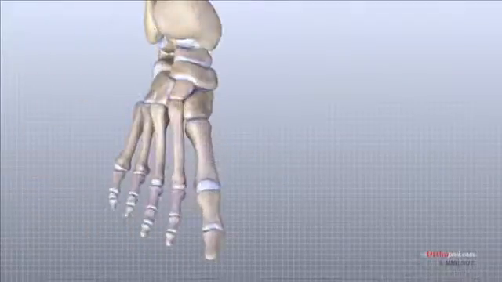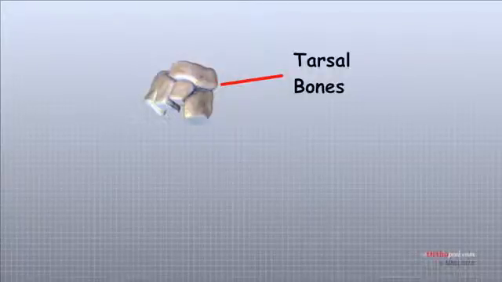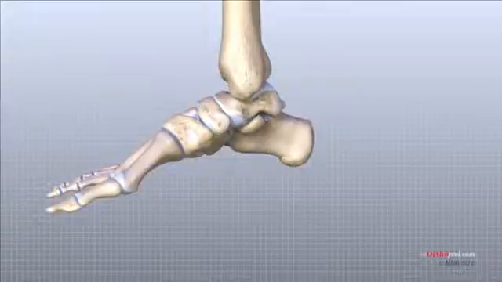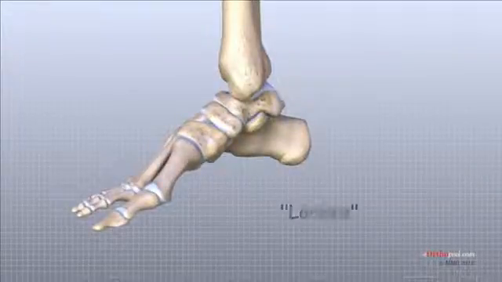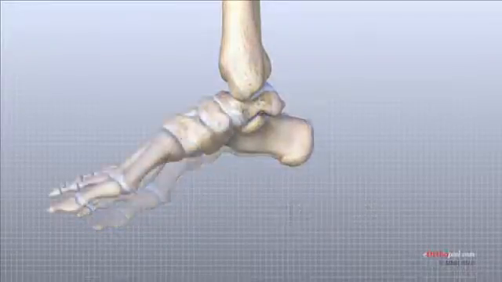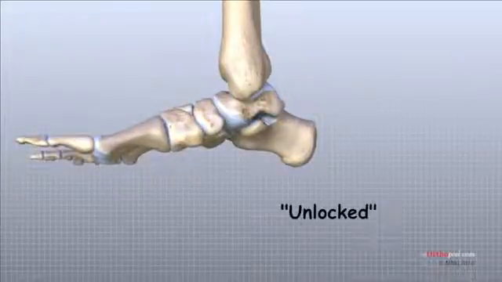The hind foot is connected to a set of 5 tarsal bones that work together as a group. These bones are unique in the way they fit together. There are multiple joints between the tarsal bones. When the foot is twisted in one direction by the muscles of the foot and leg, these bones lock together and form a very rigid structure. When they are twisted in the opposite direction, they become unlocked and allow the foot to conform to whatever surface